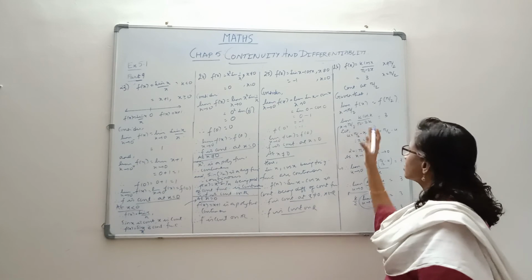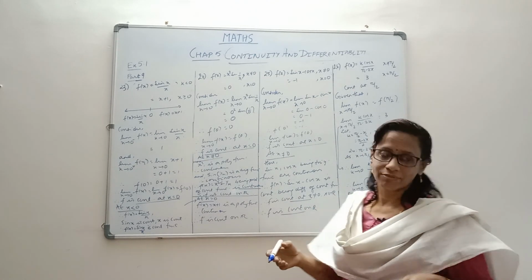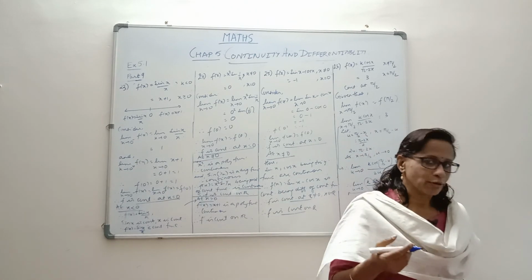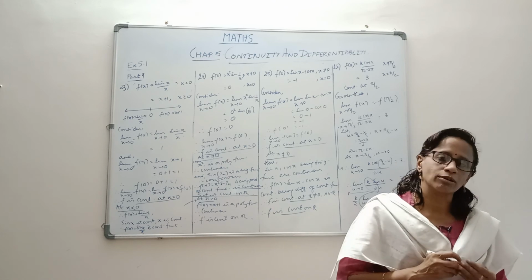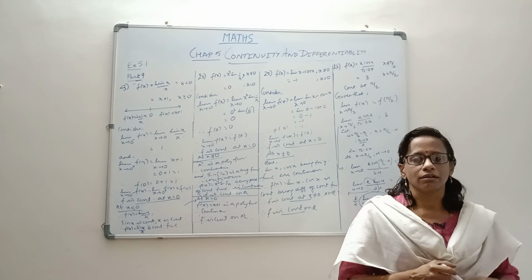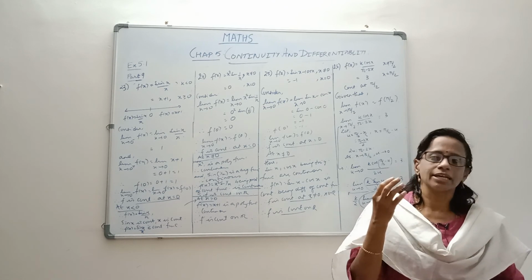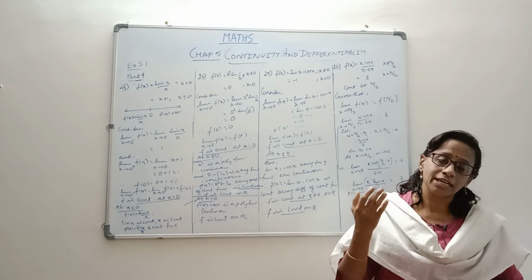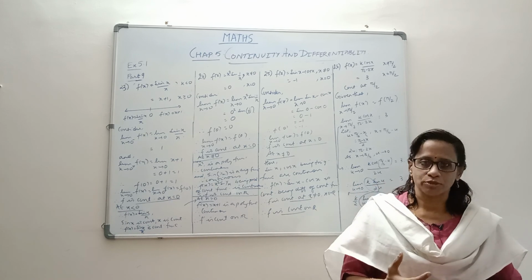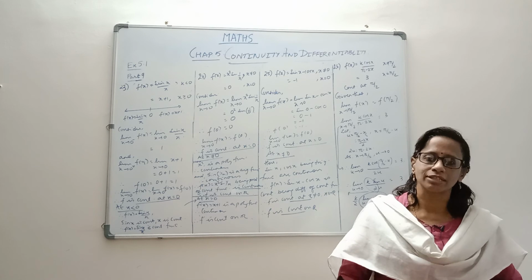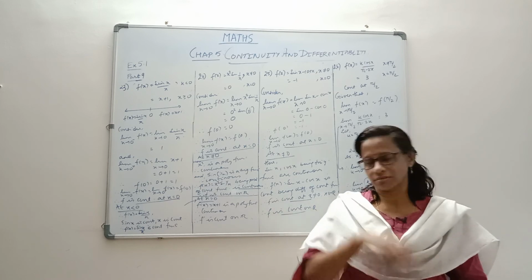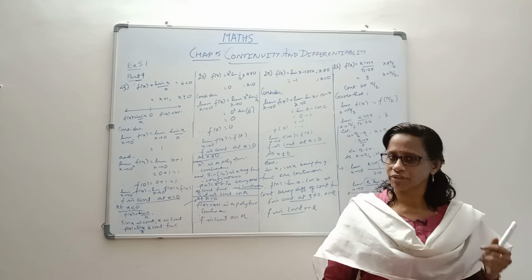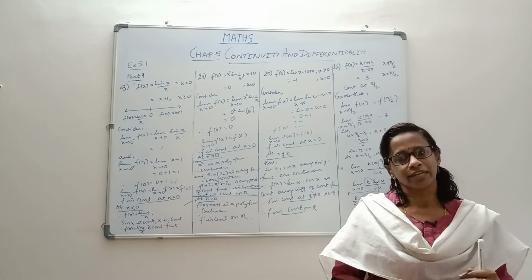Otherwise, if we would have just substituted directly, as in one of the earlier problems where we said lambda cannot be found out, we would have said okay, cannot be found out. But it's not like that. There are cases when you cannot find it, but there are cases when you can find it by a substitution, and then you should be able to do it. So that's how it is. We have a series of problems where we have to find the value of k, which we will be taking up in the next video.